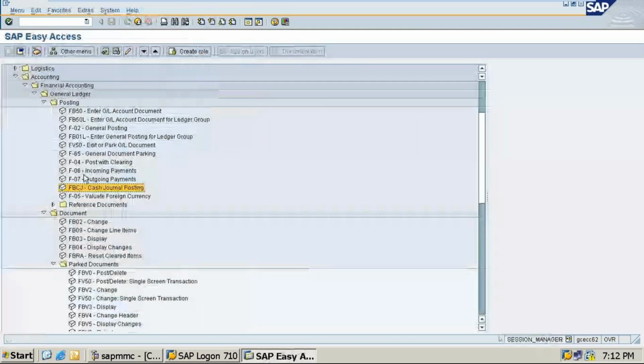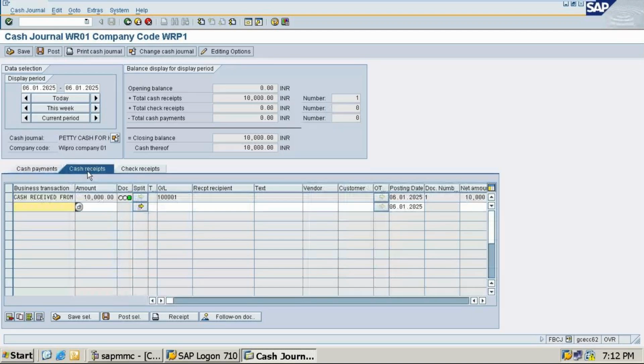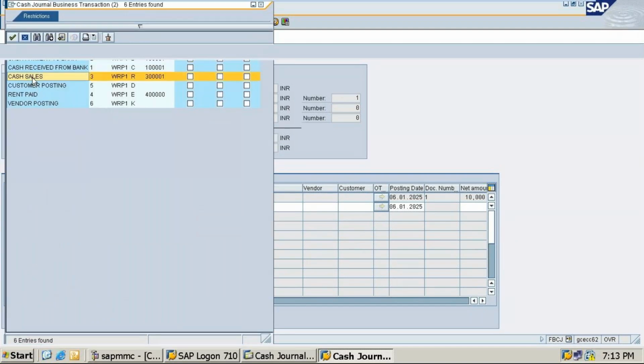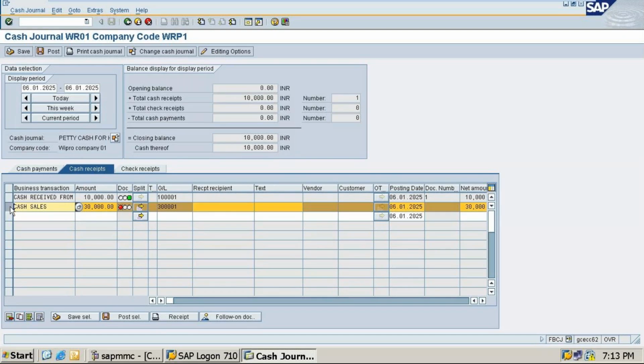Be careful when you are doing cash received or cash sales. So here cash received from this, one more we will do. This is the cash sales. So how much have we done? We just got 30,000. Okay. So press enter. After this select this and we have to do save reels. Once you save reels then click on got it. So like this we can do. So right now we have 40,000.